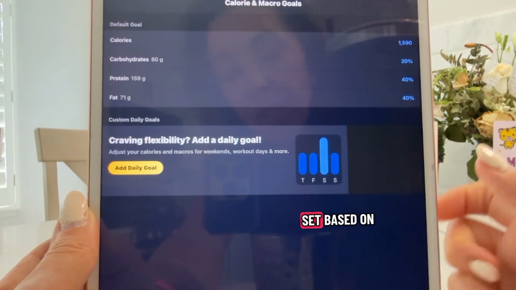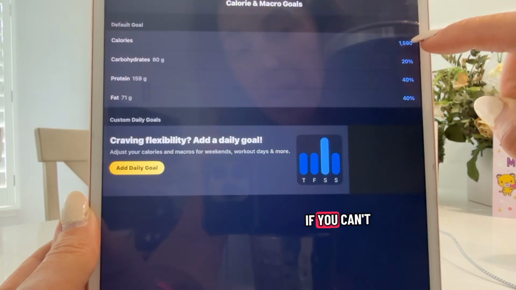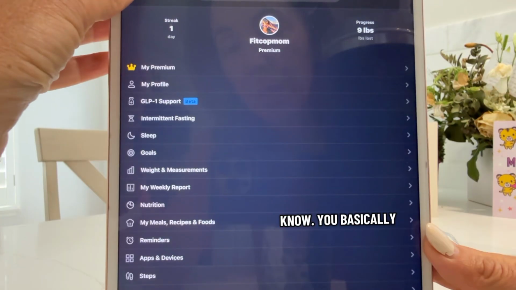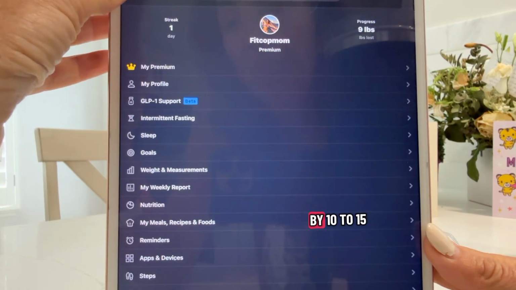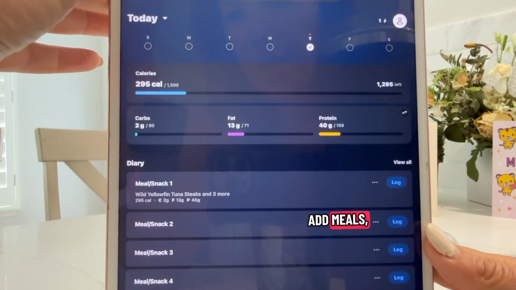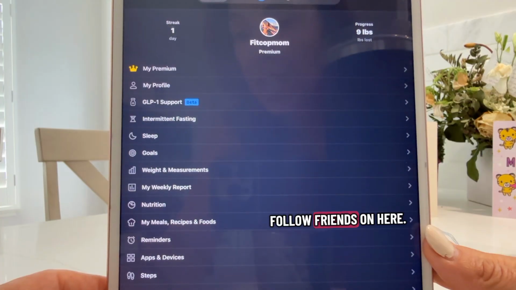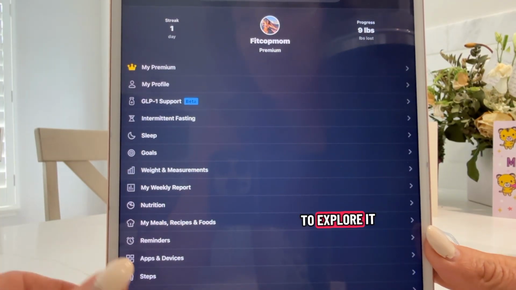This number you set based on your daily caloric value. I have a video on that. If you can't find it, please let me know. But that is the basics of MyFitnessPal. I will go over in more videos how to add meals, add recipes. I will also show you how to follow friends on here, but feel free to explore it and ask me